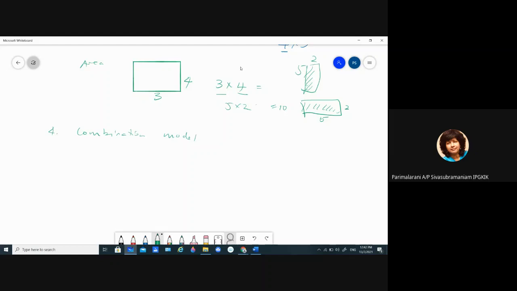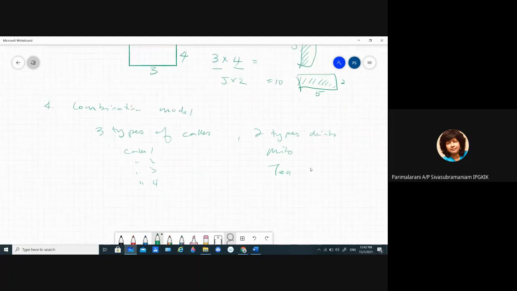Combination model. Combination means, say you have three different types of cakes and you have two different types of drinks. Say you have a Milo and you have tea here. And cakes, say you have cake 1, cake 2, cake 3 and cake 4. So if each person can only take one type of cake and one drink, how many